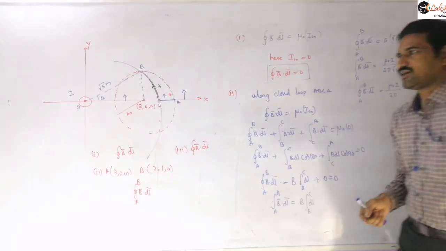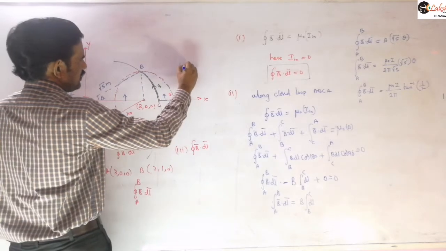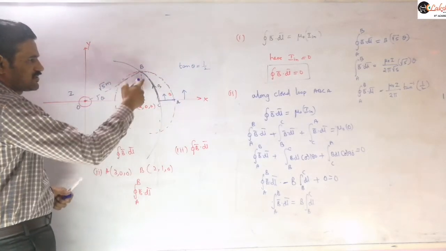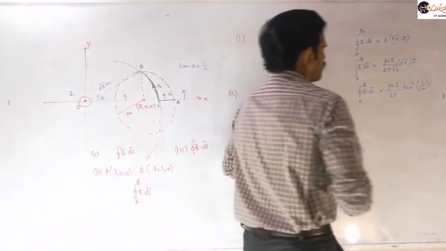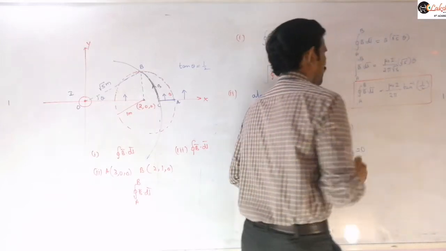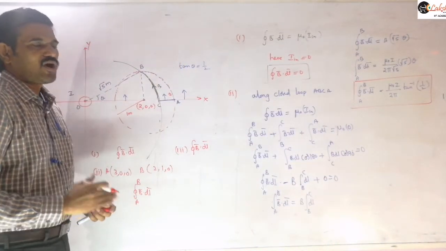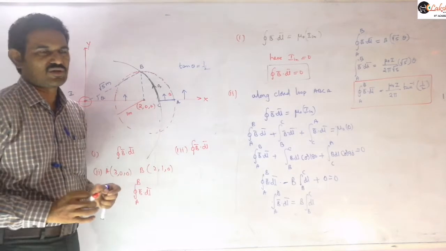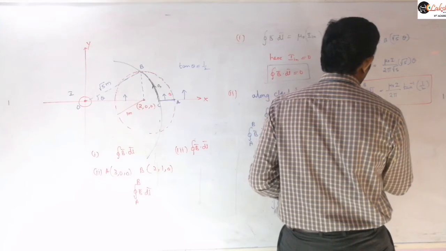Because we can define that theta value from this triangle: tan theta is equal to 1 by 2 by using this triangle. This is 1 meter and this is 2 meters. So I am writing the theta value like this, right? So this is our magnetic field, that means this is the integral of B bar dot dl bar value here, right? Now, how to solve this simply? This much lengthy calculation is not required if you want to solve it simply. So let us see how to solve this just by using a simple logic.